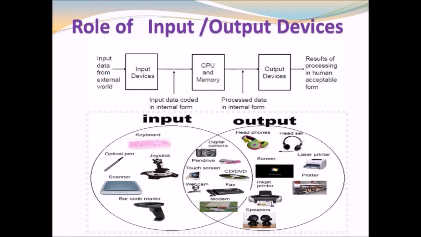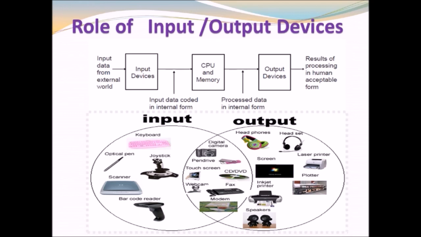Okay, so here is a diagram that shows the input output devices and the combination of devices that work as an input as well as output. In this diagram you will find two circles. The first circle is about the input and the second circle is about the output devices, that are purely input and output devices. But in the center you will find the intersection of these two circles. The intersection of these two circles shows the devices that work as input as well as output.